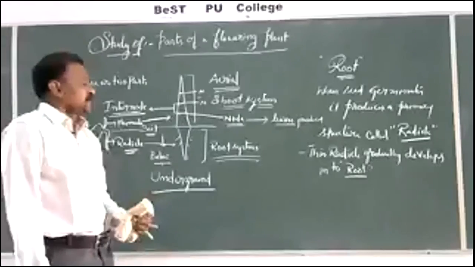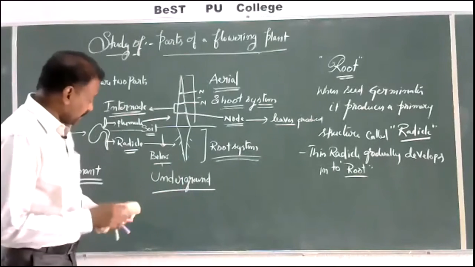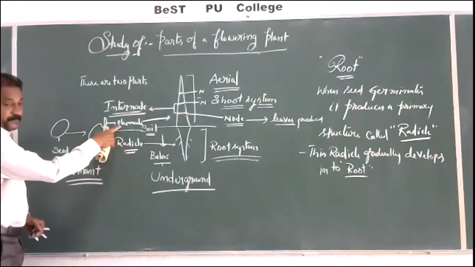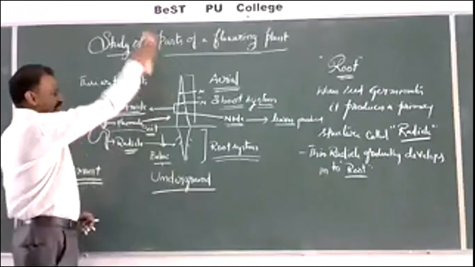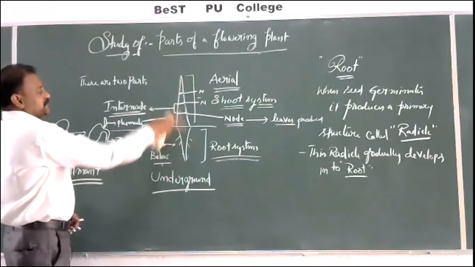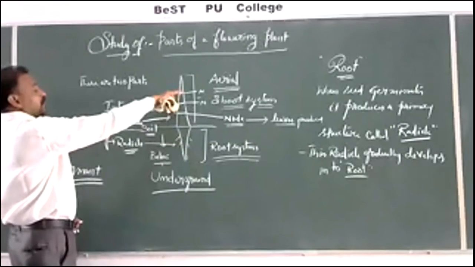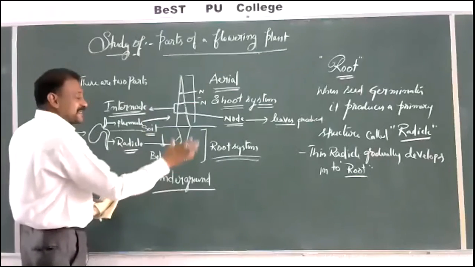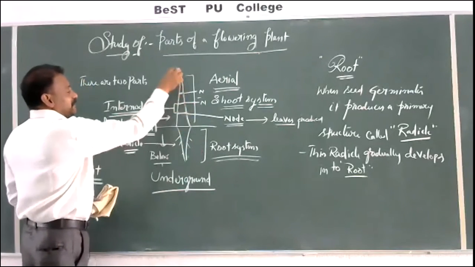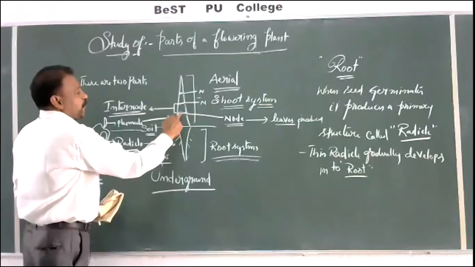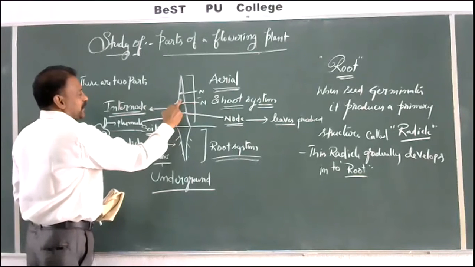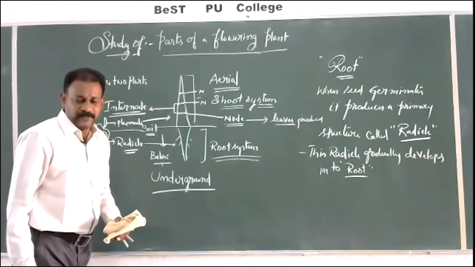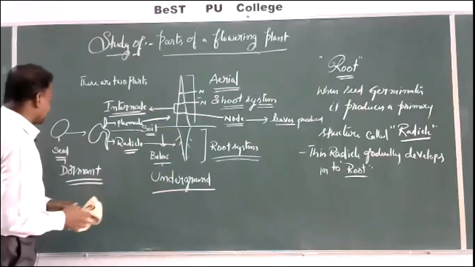Then the question comes, what does this root mean? What are the characters of root? Seed, germinated seed, radicle, I repeat, plumule, it will become a plant. The plant body consists of two systems, one is underground, one is above the ground. Underground is the root system, above the ground is the shoot system. To understand root well, let us first see what we are able to see, which are called nodes, internodes, node, internode, node. At every node, leaves or branches or flowers will come. Here, what about the root? Characters of the root.